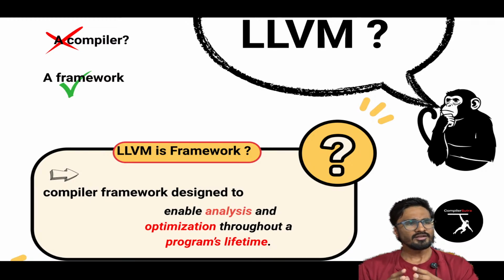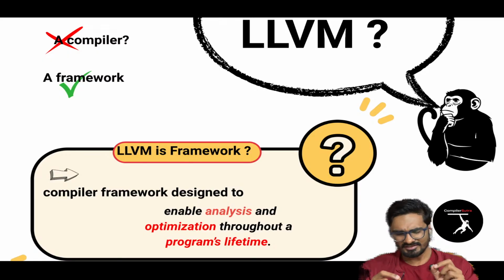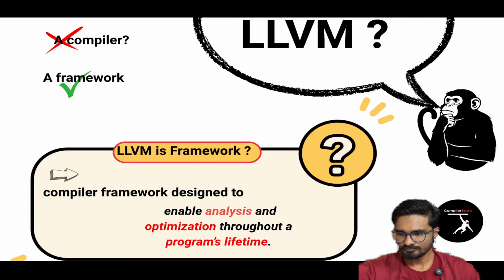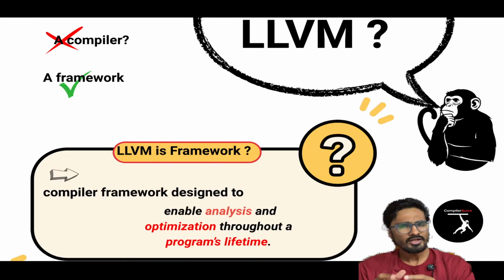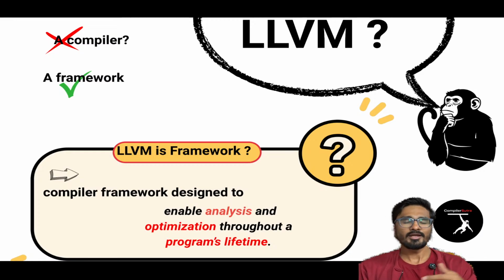Earlier, every company and university was building their own compiler from scratch. Each compiler used to have its own IR, its own optimizer, its own backend. Then they had to do redundant work multiple times, repeating the same work again and again. Let us suppose there are two people. I am writing a loop unrolling pass for my compiler, and you are also writing a loop unrolling pass for your compiler, in a different place. So it's redundant work, right?